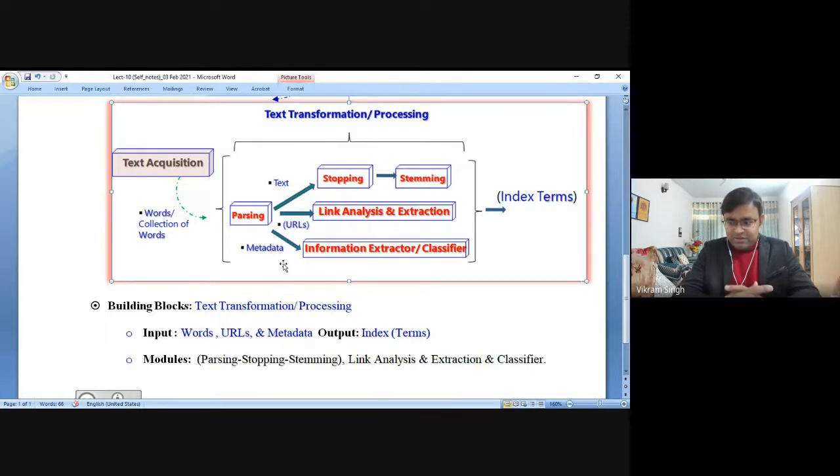Based on these entities, you can easily identify an individual's name, the name of institutions, the name of some organization, or the name of contributing individuals in